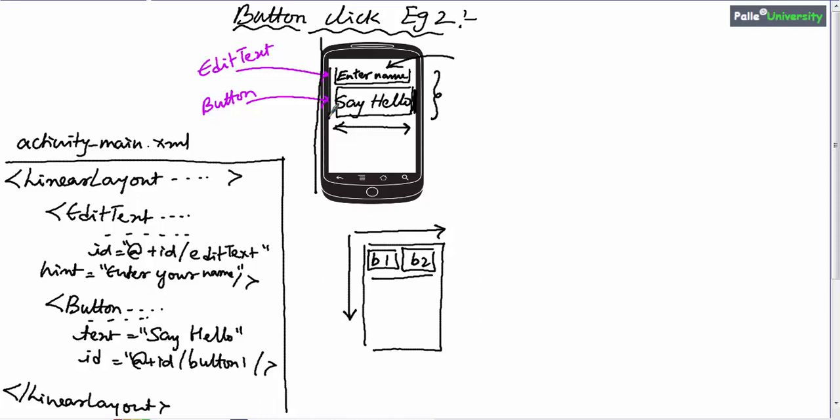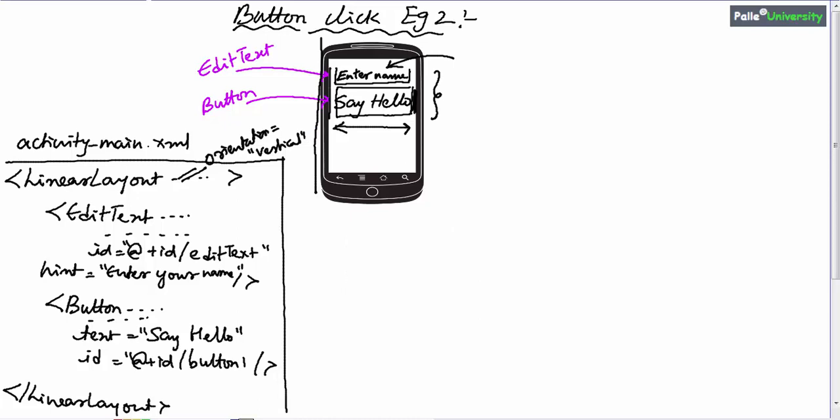In this example, since we need vertical orientation, in this linear layout, we have to specify a property, that is orientation equal to vertical, so that edit text box and button will come one below each other, not side by side. Now, once the screen design is over, now let us see how the Java code will look like.